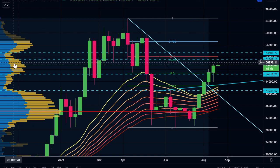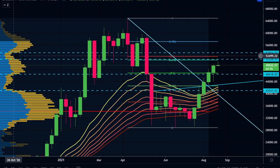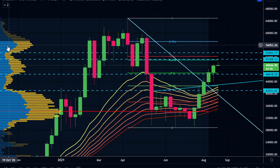We can see on the VPVR here the amount of volume traded at certain price levels. You can see we've entered this area where there was a lot of volume traded compared to the areas around it. So we could possibly stay in this range for a little bit if we do get a rejection from this golden pocket area. But once we do get above the 51.3 area, the VPVR does drop off here, and the resistance would start kicking in around 53.5,